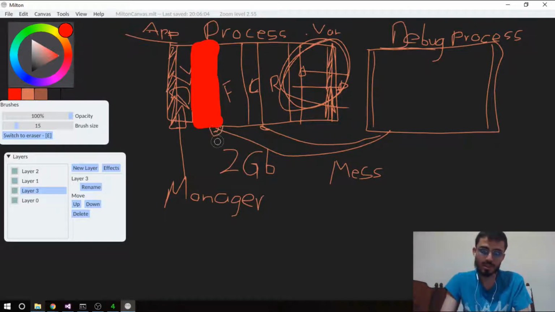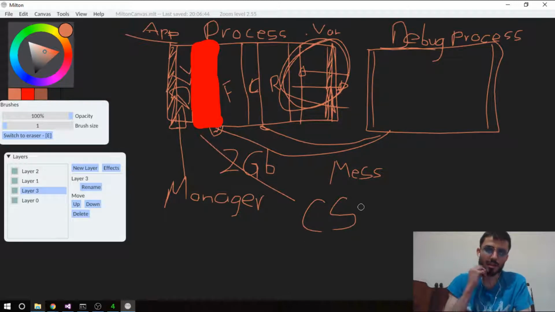In relationship with the code segment, let me go back to this color. The code segment, along with the stack, is going to tell us basically